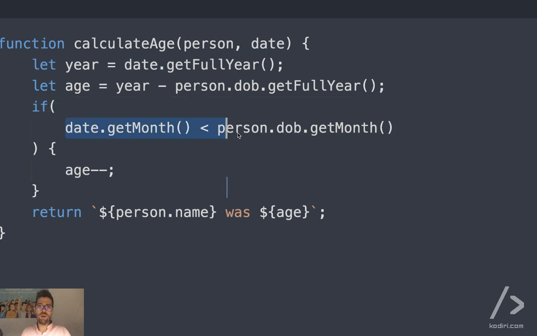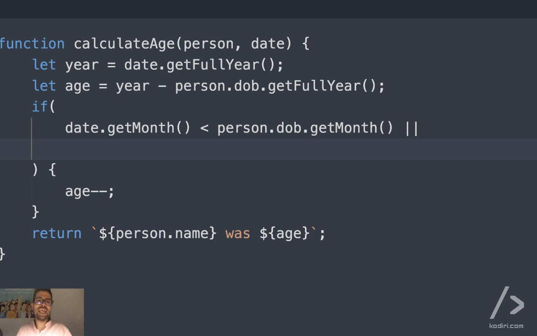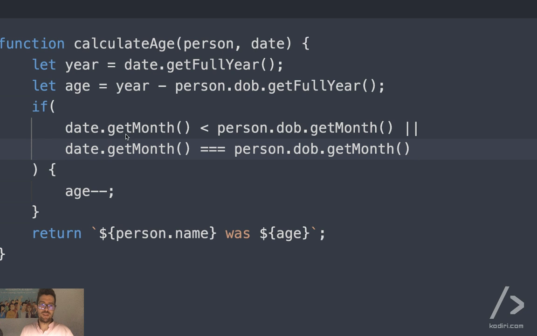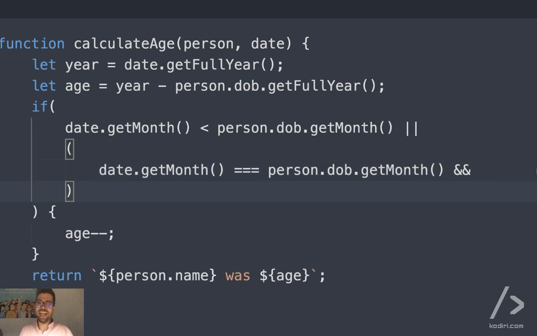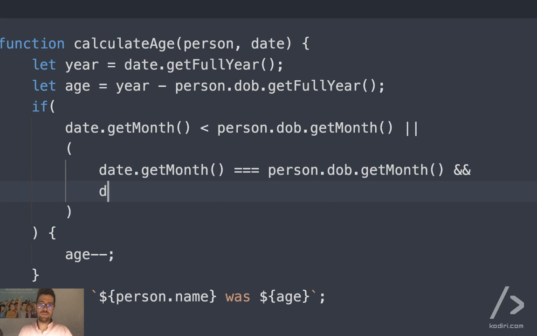So if the month is smaller than the month the guy was born, or they are on the same month, that's the tricky part. If we're comparing the same month and the day is smaller,